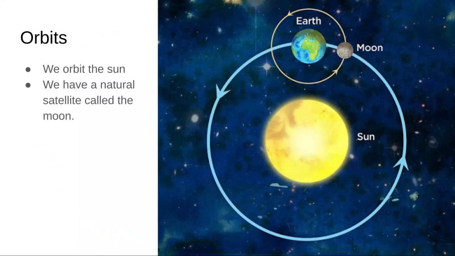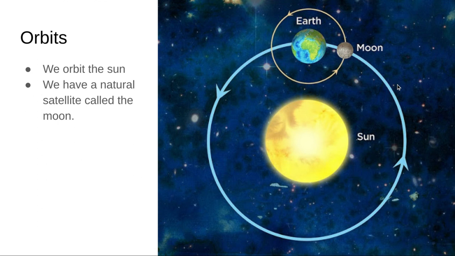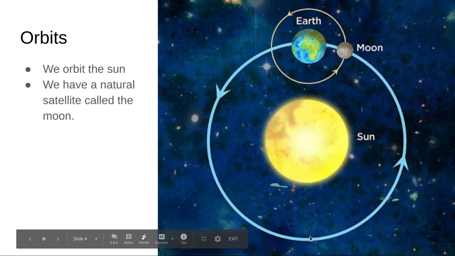So let's talk a little bit more about orbit. As I said, an orbit is where something is traveling around something else. So we are orbiting the sun, and here is a classic example of what I said earlier, of it not showing an elliptical orbit. So this would imply that we're going around in a perfect circle, which we are not. So not a great diagram, but it's very difficult to find one that doesn't do that, unfortunately. So just remember that actually this is more of an oval shape, but we are orbiting the